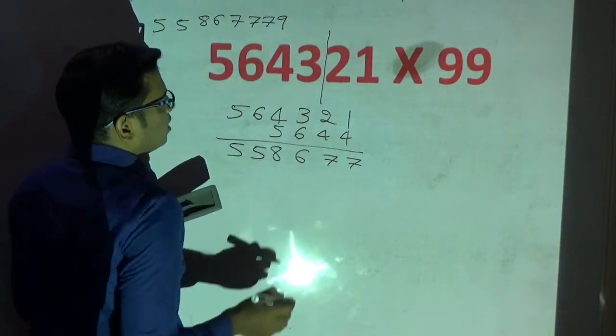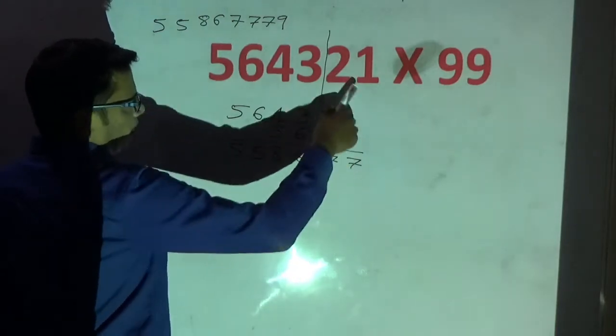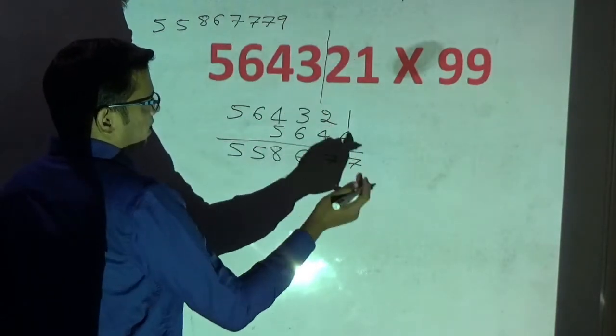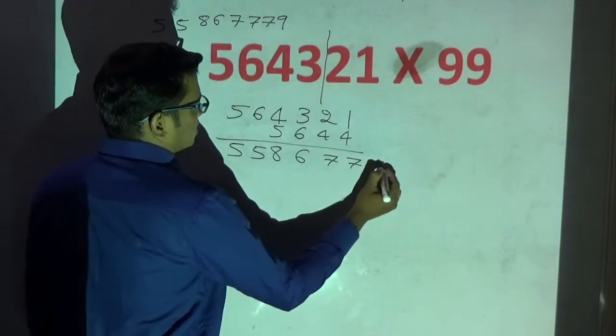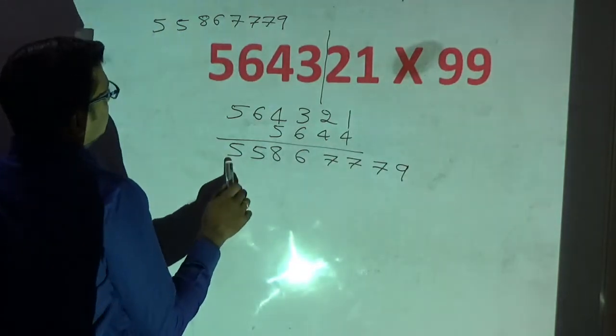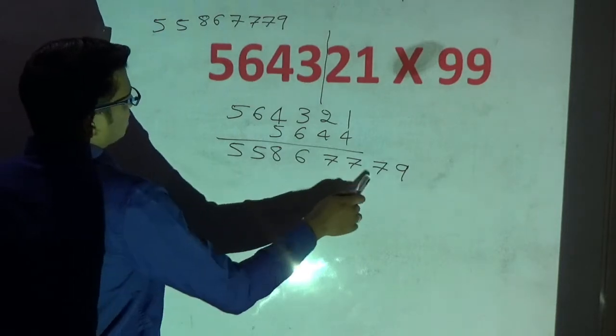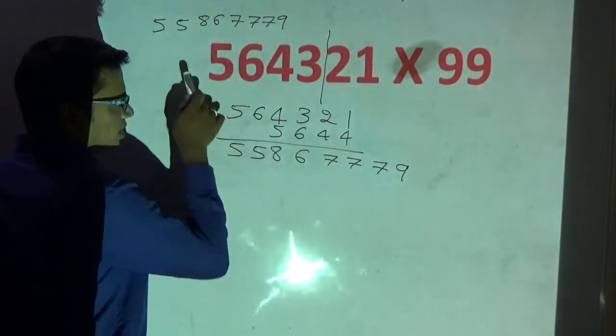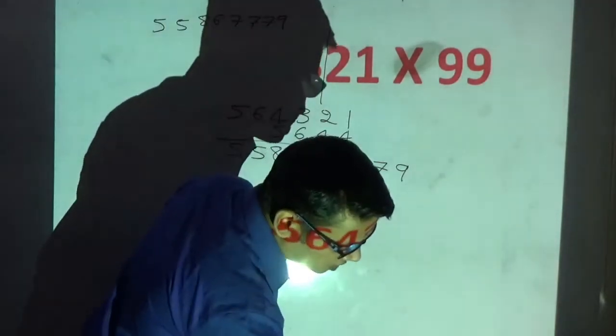This is 5. Now please observe here. I have to do this all by 9, last by 10. 9 minus 2 is 7. 10 minus 1 is 9. Now you check out whether same answer or not. 556 777 9. See, same. See how quickly and accurately we are solving.